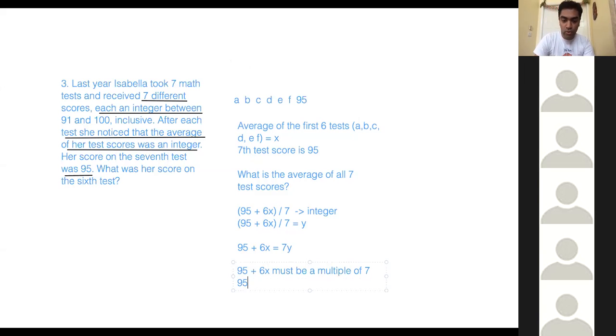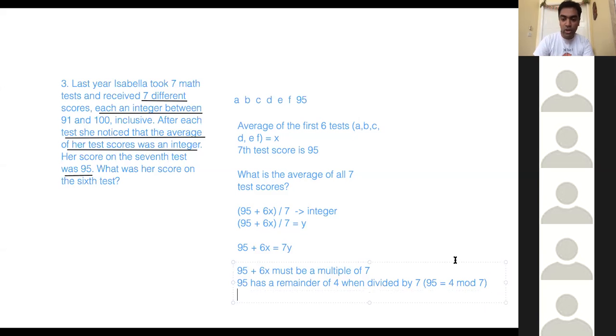So we know 95 has a remainder of 4 when divided by 7. And for whoever is familiar with mod, this is 95 is congruent to 4 mod 7. We had discussed mod before, you can look up more, but it's just a remainder, but I'll just write the